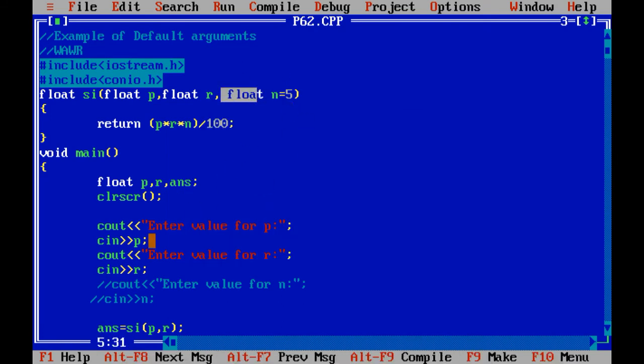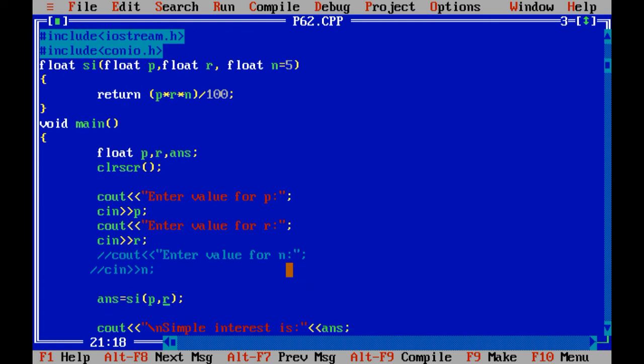Because see over here we have declared the function SI with 3 variables, right? So from void main, when I call this function, at that time I need to pass 3 values of a variable. That is the compulsory thing I need to perform. But right now I am passing only 2 values, even though it allows me. Why? Because I have passed the default value of the third variable.